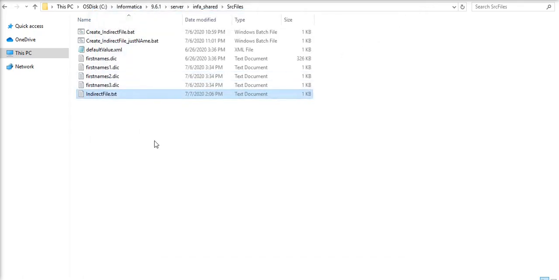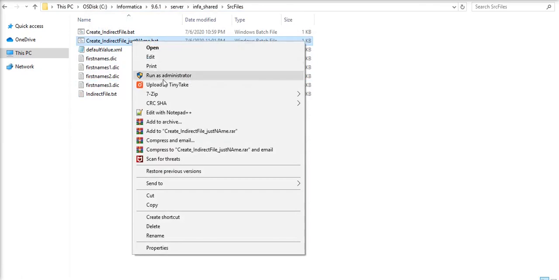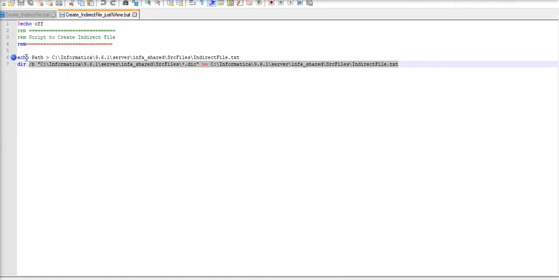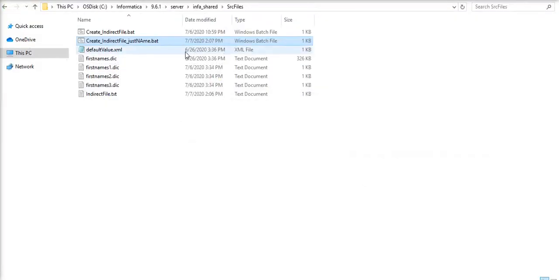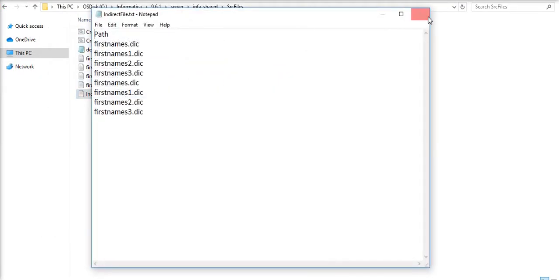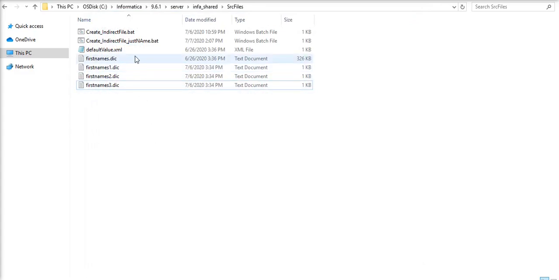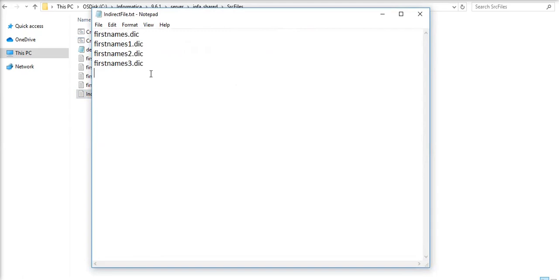Now if you don't want to insert any header, what you can do is just comment out the first line. If you save this and execute it, the file was already existing and it is appending into the file, so if I delete this first, now you'll see there is no header.